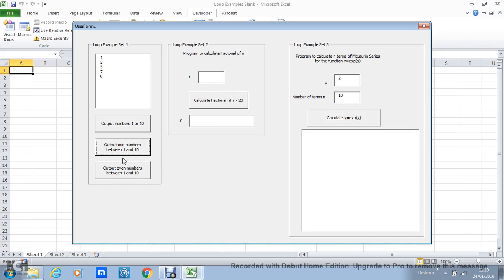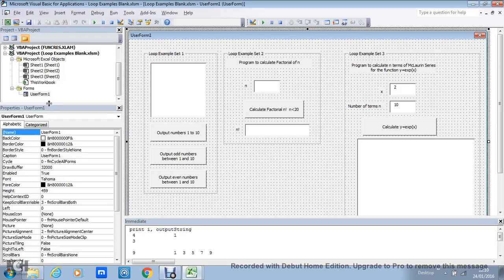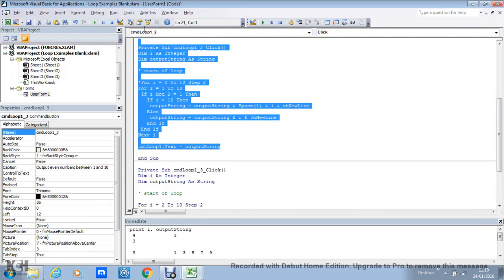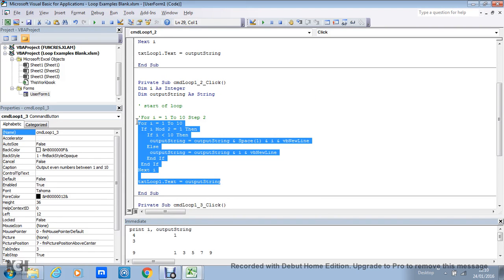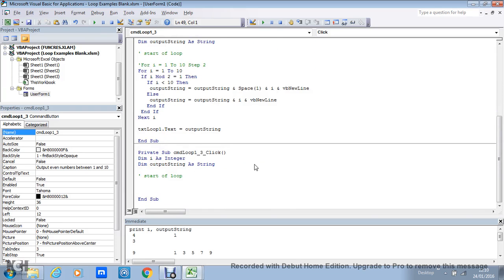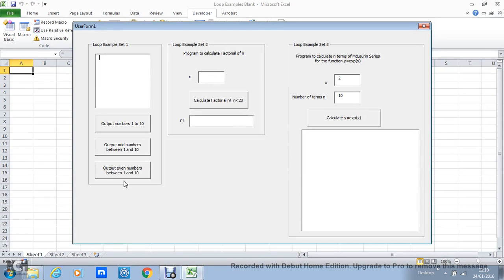And if we wanted the even numbers, if I can find the code again, I don't have to change the starting value to 2. I can just take the code here, delete this lot and paste that in with the Shift Insert button, and now the only difference here is I put that to 0. So if I run through this very quickly,